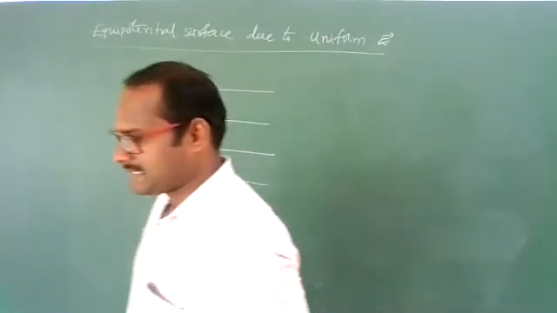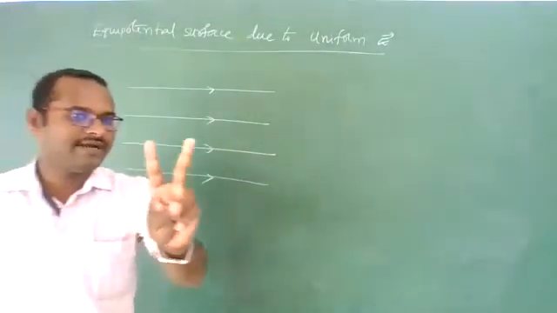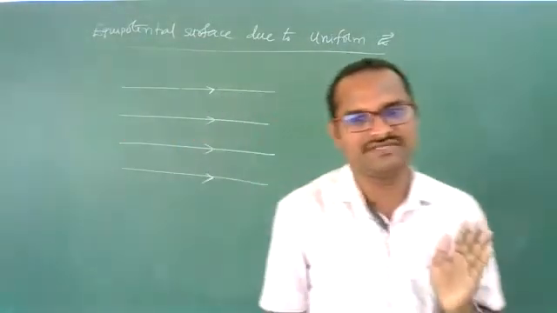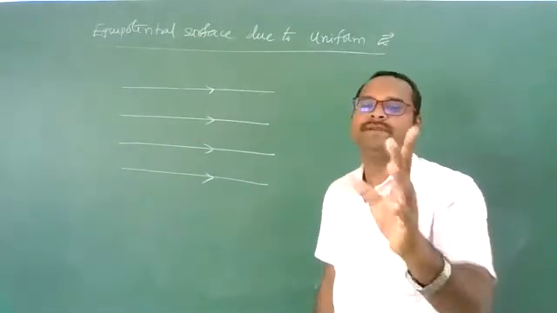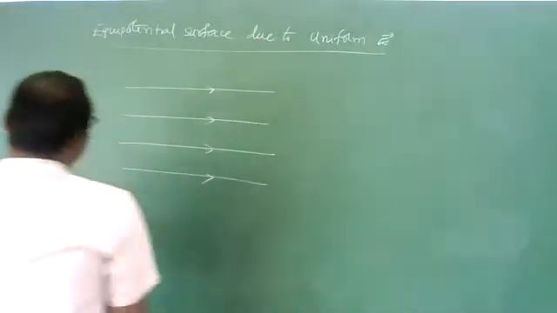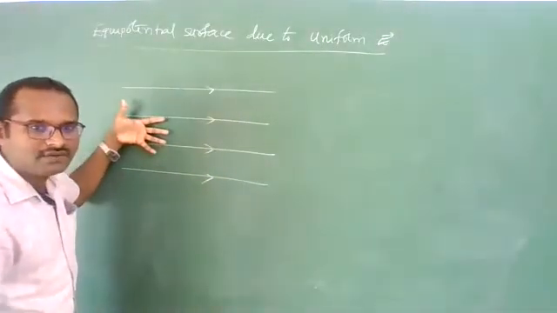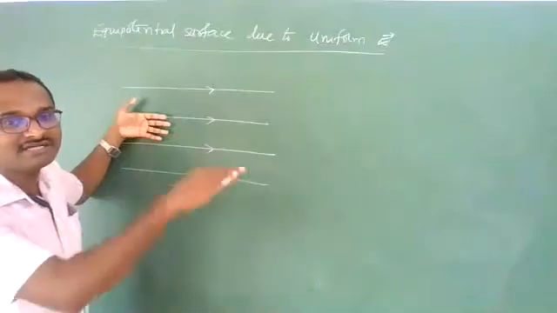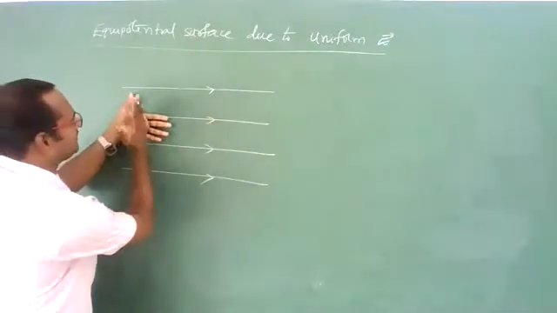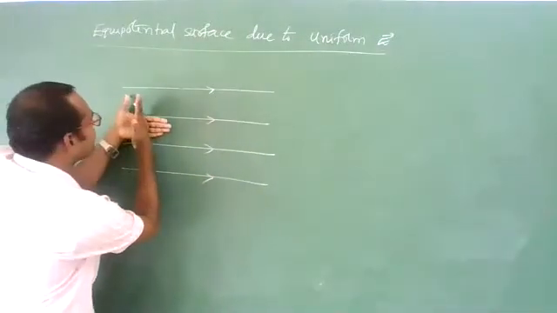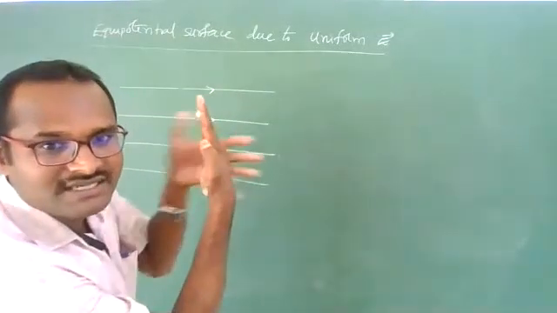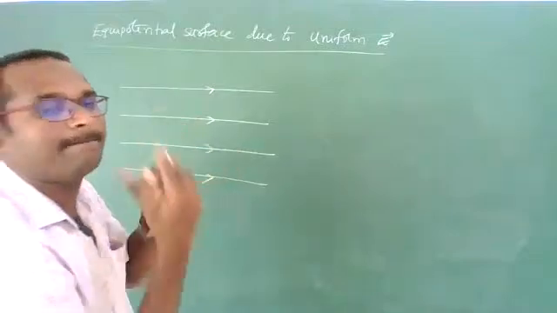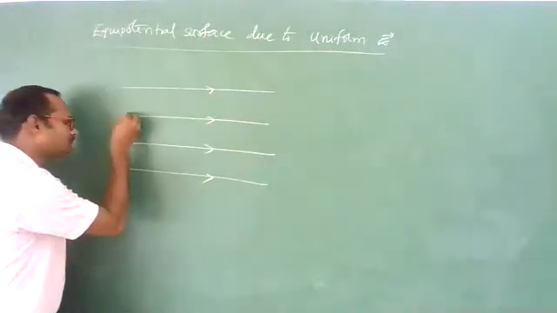Now, for the uniform electric field, let us draw equipotential surfaces. Second point, remember, electric field lines are perpendicular to equipotential surfaces. So these are the electric field lines, and for them you need to take a perpendicular surface, so that the electric field lines become perpendicular. Just see my hand, it should be like this. These are the electric field lines, and this should be the equipotential surface. So like this, I need to draw.